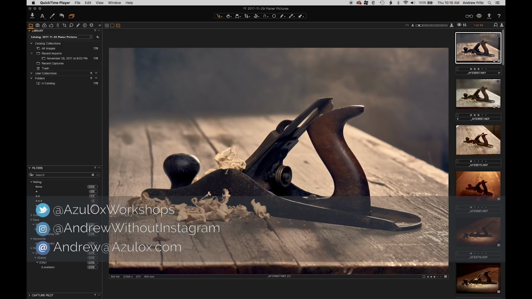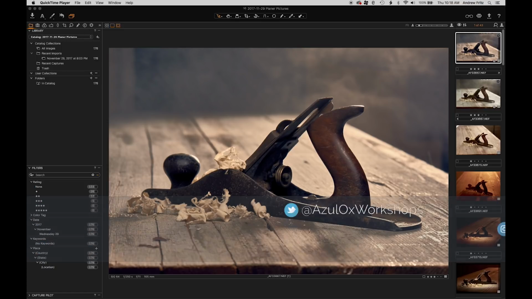Looking at it this morning on their website, it's got some pretty tasty features. So I thought I would do the equivalent of an unboxing with it. I've got Capture One 10 installed right now. Some photos I shot last night just for fun. I'm going to go ahead and shut this catalog down and